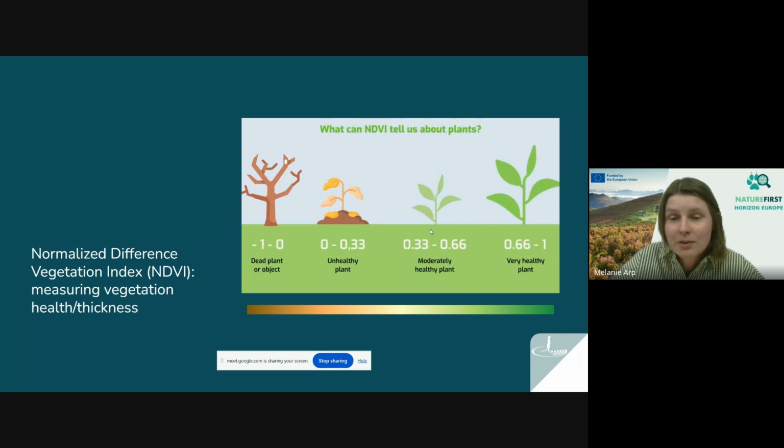That's still a good amount of vegetation, but not as abundant as the forest. And then when it becomes more dry or arid, we're getting into this orange range around 0. And anything lower than that is either dead or inanimate. Water is also shown as a very low value, a minus value. And we use this color scale. It will come back. So from green, healthy vegetation, to brown, which is dry or arid, or just no vegetation